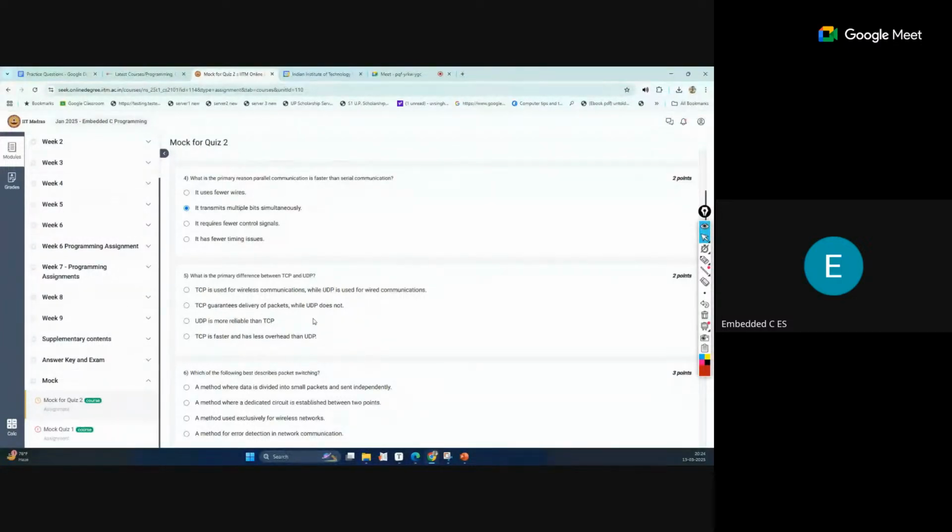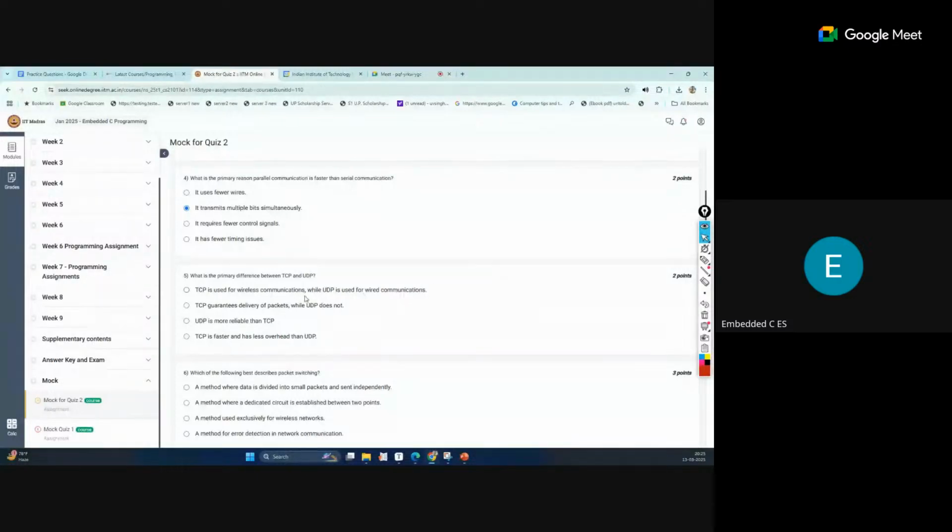Suppose we have one message divided into four packets. An ID is also mentioned on each packet, like packet 1, packet 2, packet 3, packet 4, but all packets will be transferred on different channels, different paths. Finally all will reach the final destination, where they are combined into one message. Here there is a chance that if we miss one packet or lose some packets, it is not reliable.